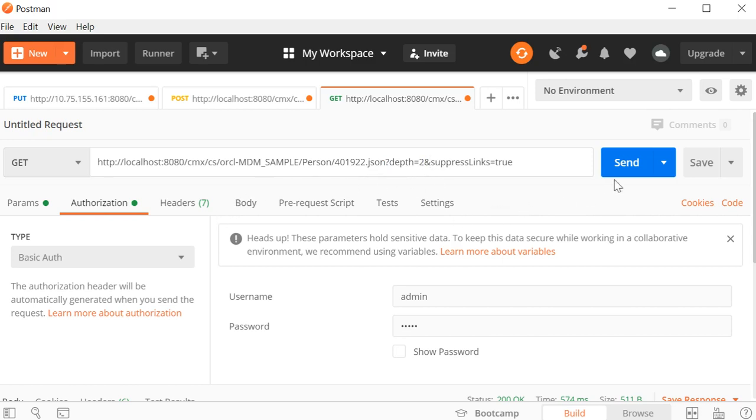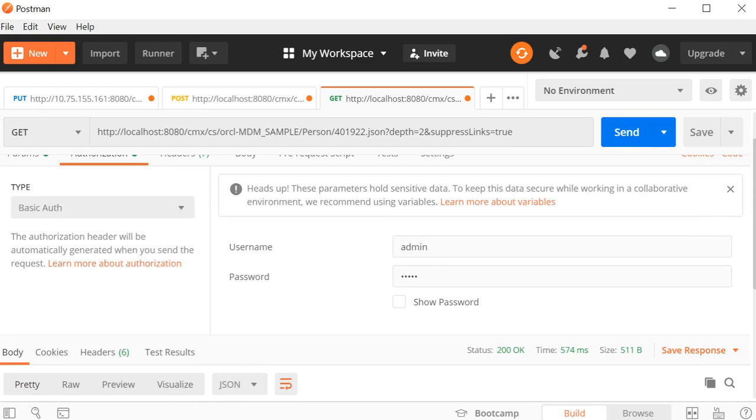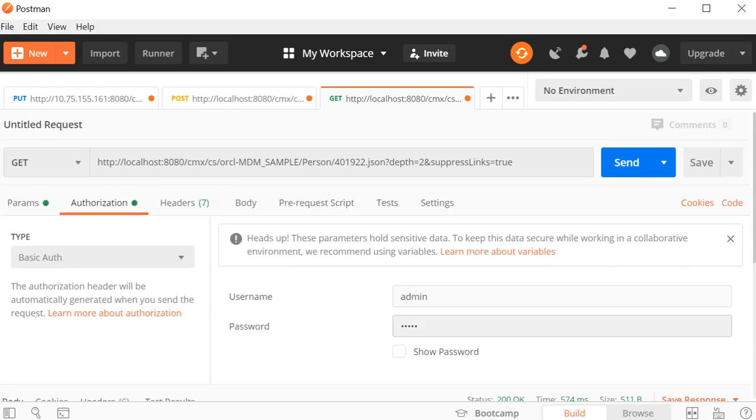Before you will be able to run this get call, you need to give the authorization, which is where you will need to give your username and password of the hub console. And once you give all these details, you'll be able to run the call. Now I'll run the get call.